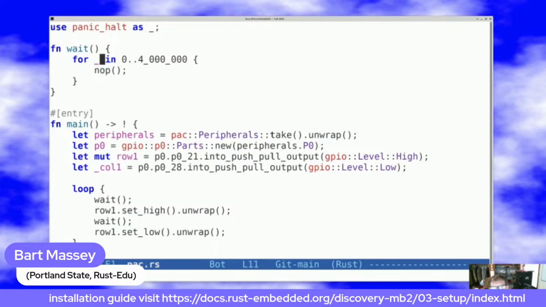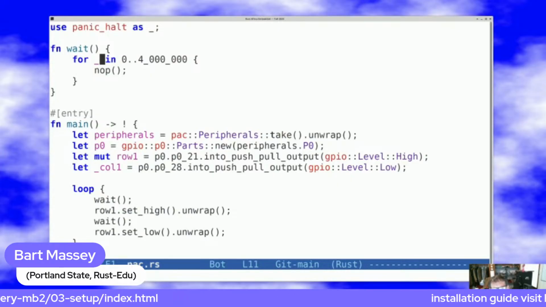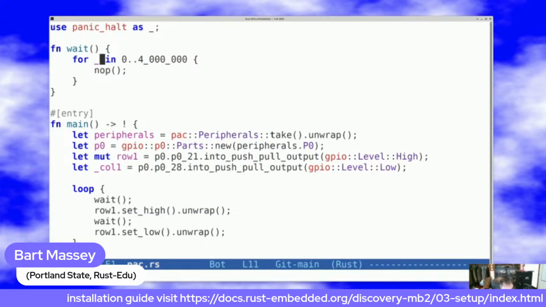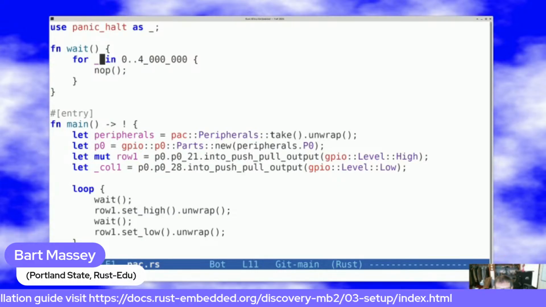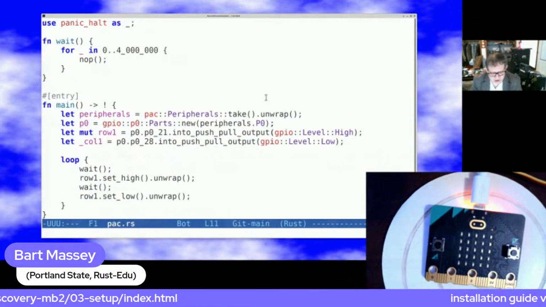We own the whole computer. In normal computing, you never, ever want to spin wait. Here, it's kind of gross. It's not very accurate, and it consumes electricity, but it's not the end of the world if you spin wait. It's a common thing to do sometimes. So let's run this. Let's see if it actually does the thing. That's always a good idea. But before I do that, actually,